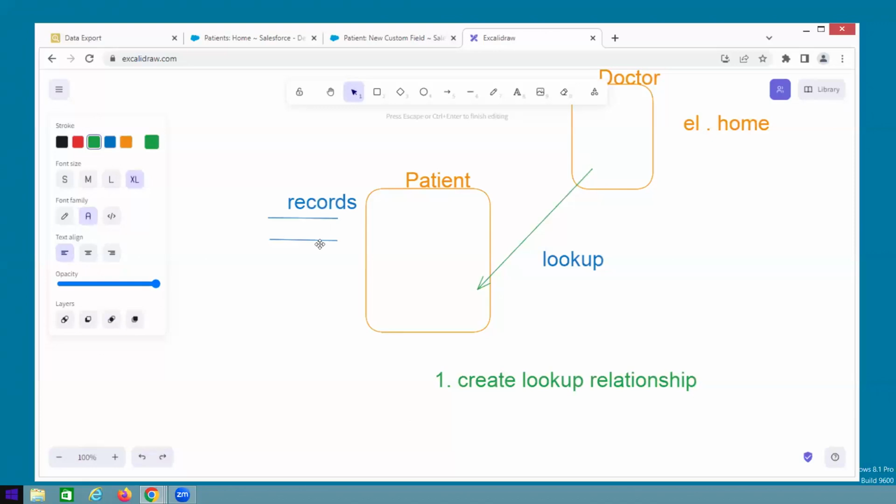How many records are there? Two records are there. Open the first record, and the doctor field is already created. Why? Because of the lookup on patient. If you open the first record, what is the doctor field value? Empty. If you open the second record, what is the doctor field value? Empty. So how many records are there? Two. For these two records,